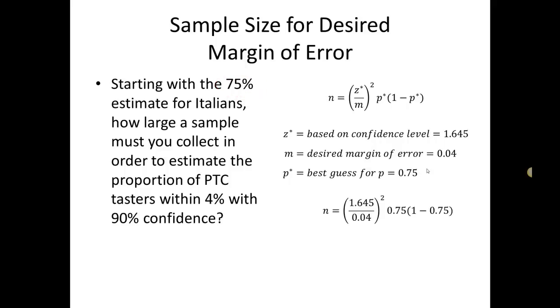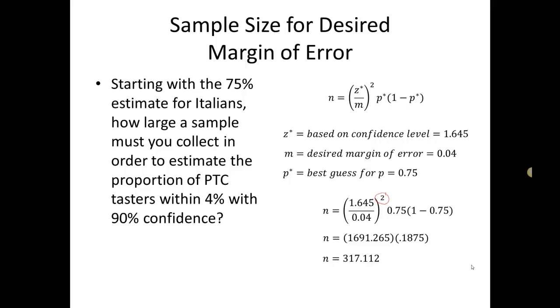So here's my equation with everything plugged into it. I can go ahead and work out those numbers. Let me tell you that in working these numbers out, something that's commonly forgotten is this little squared symbol up in the corner here. It's small, it's little. By the time you plug everything in, it's easy to forget. So don't forget to square that part. Once you make all the appropriate calculations, you get